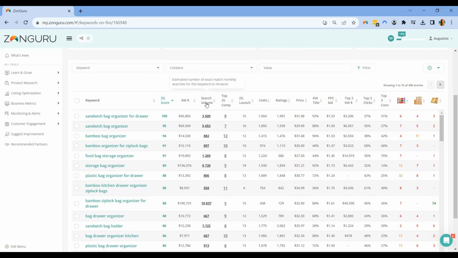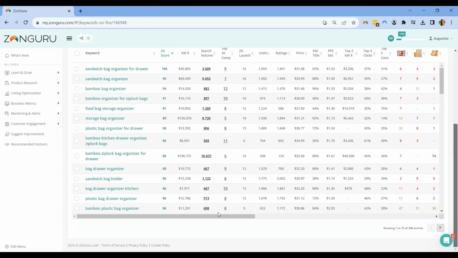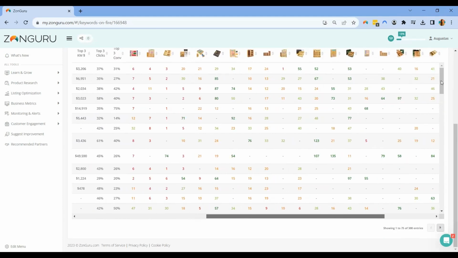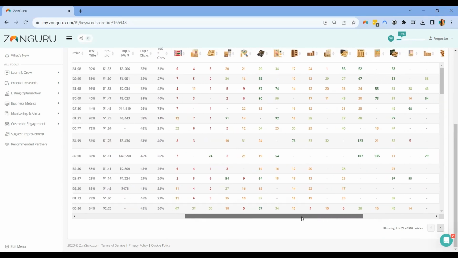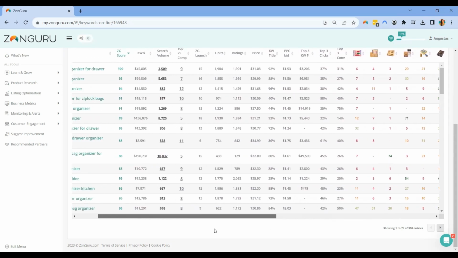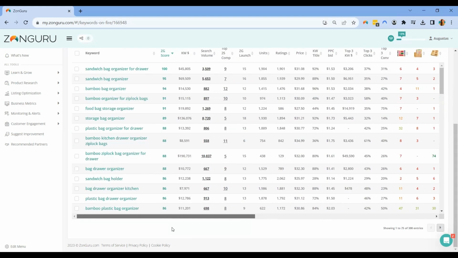We will see how much search volume these keywords have, and looking at these columns we can see that some of my competitors are really ranking at the top of the page. The color represents your competitor's ranking for these keywords. As a newcomer, you cannot afford to bid for those highly demanded keywords as it is costly and the competition is tight. The color coding scheme by ZonGuru makes it easier for me to visually see which competitors are currently ranking in the top 25, which is the first page.